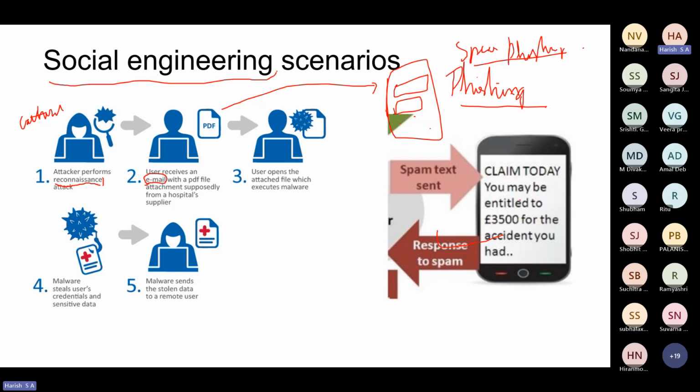So social engineering happens before a phishing attack. Phishing again can be spear phishing or normal phishing. Spear phishing is targeted phishing. Normal phishing is when you target a group of people and see how it works. So you don't exactly use specific information. You say things like you have this claim, click here, blah blah blah, something like that.